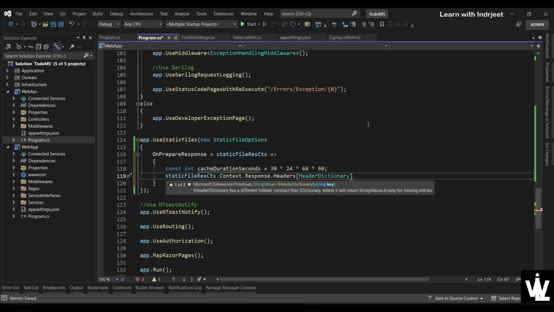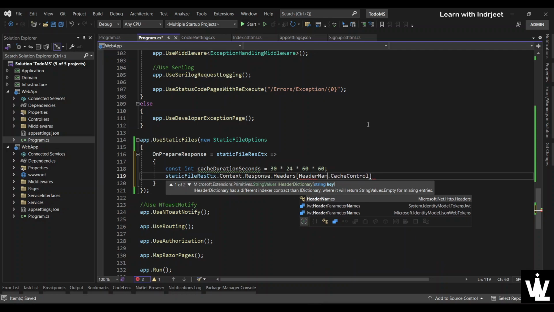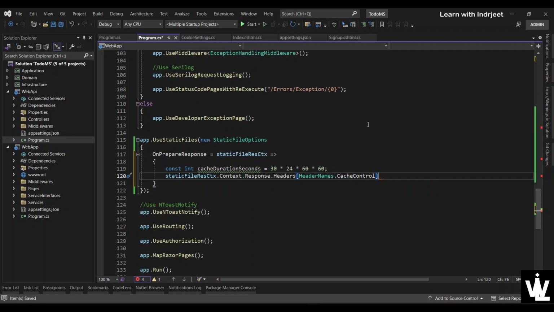So HeaderDictionary.CacheControl. It is not the dictionary. HeaderNames, this guy. Okay, CacheControl header should be equal to some